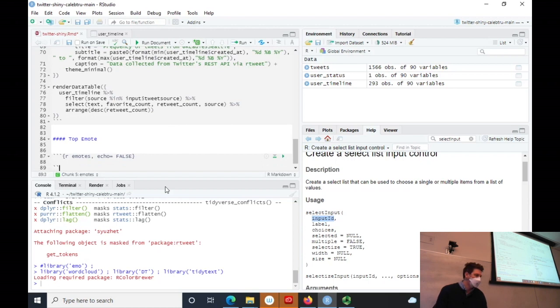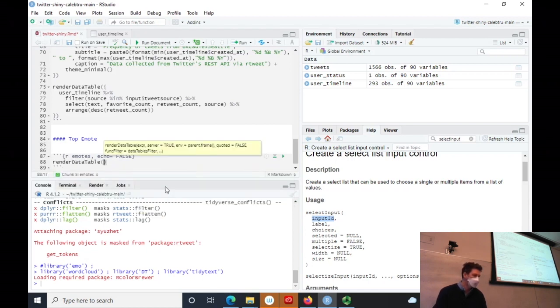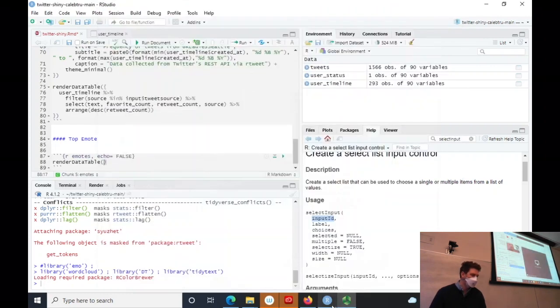And inside this, I got 3 backticks. So now what I want to do is render data table, and the data I want to work with for this are the